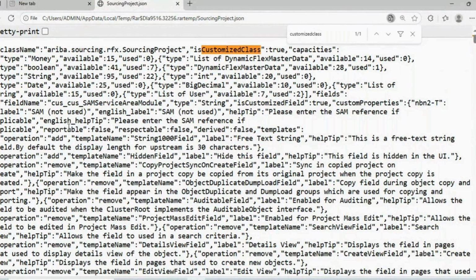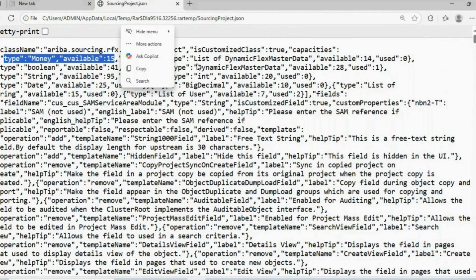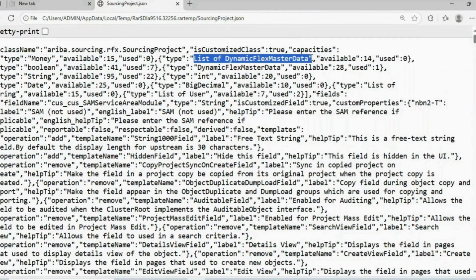This is something we call on demand, where only the SAP engineering team will do it. Let's say the first field itself is customized: true. What is the field type? The field type is money, and the list of dynamic flex master data, I mean the drop-downs, and the string value, boolean, length and data available, and then the field tip. And this is the name, SAM service area module. If you want to see more of that,